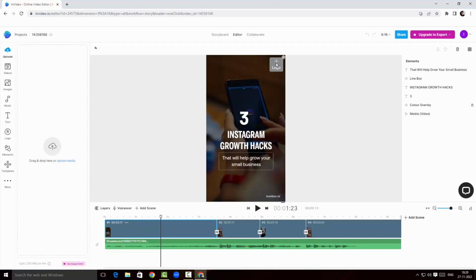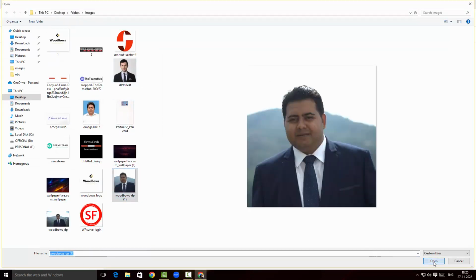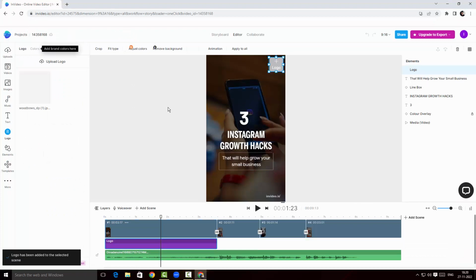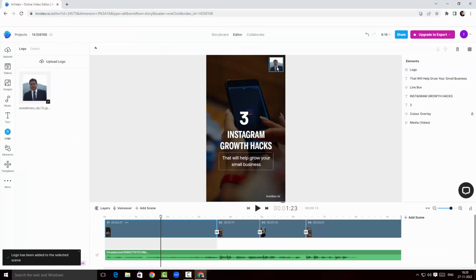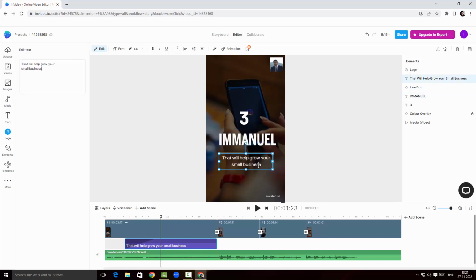So I'm gonna click on logo here to include my photograph. There you go, guys, we got a nice looking photograph, and if I hover over some of these items here, I can actually edit them. I'm gonna just double click here, and as you can see, we can edit the text here. I'm gonna quickly talk about Emmanuel, and down below I'm gonna say